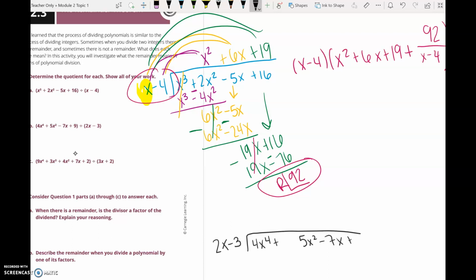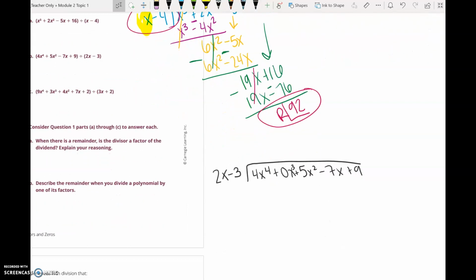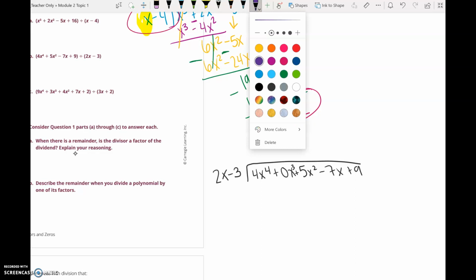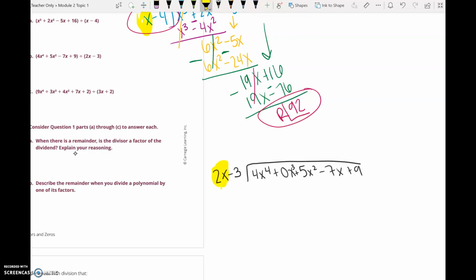Now, something important is you always want to stay orderly. So if you're missing something, like this is missing an x cubed, I'm going to put 0x cubed as a placeholder, okay? I can't just skip stuff. I need to stay organized. So again, I'm focusing here. What times 2x would make 4x to the 4th? Definitely need an x cubed, right? And a 2. So 2x cubed times 2x is going to make 4x to the 4th